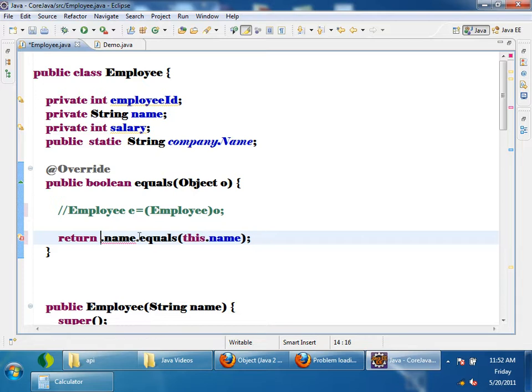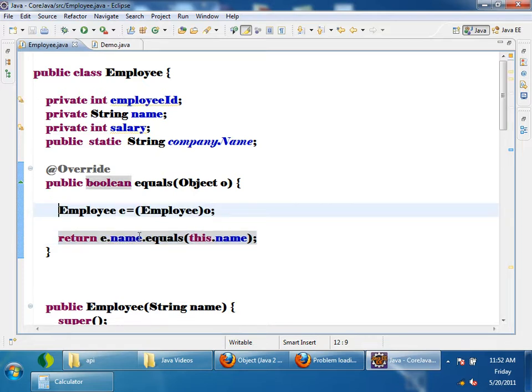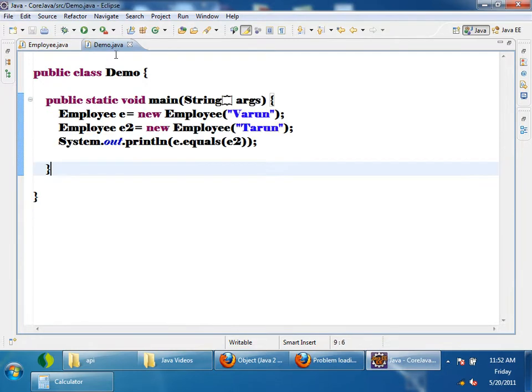But now, is this good code? Do you consider these two lines good code? No, because the equals method takes an Object, so I can pass a string object also. Let us see. What if I pass a string object instead of an employee?